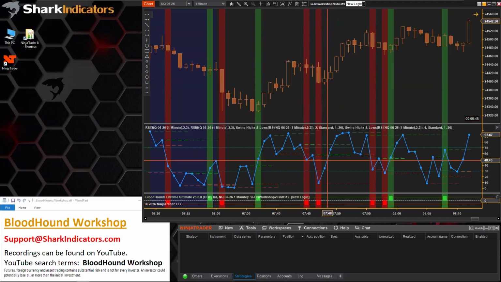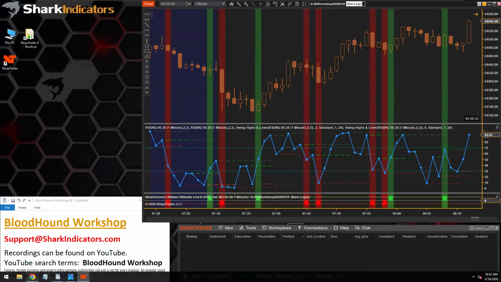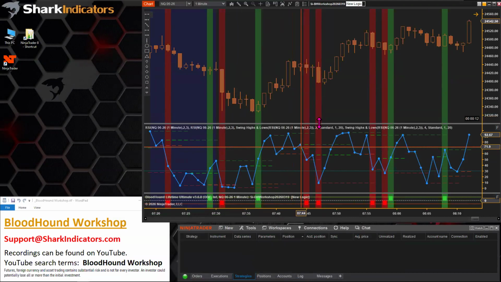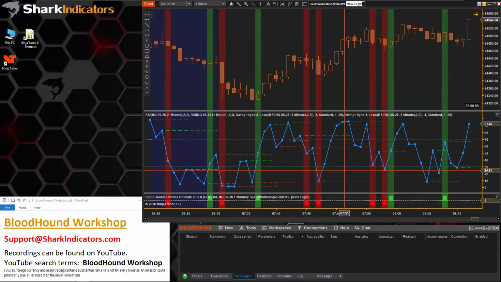All right. So now, to try and get closer to what the smart breakpoints indicator is showing us with all of these high points and low points, because you don't quite know how far back of a swing point you might have to go for that crossover there, we have the solver for, let's see if I can find it.